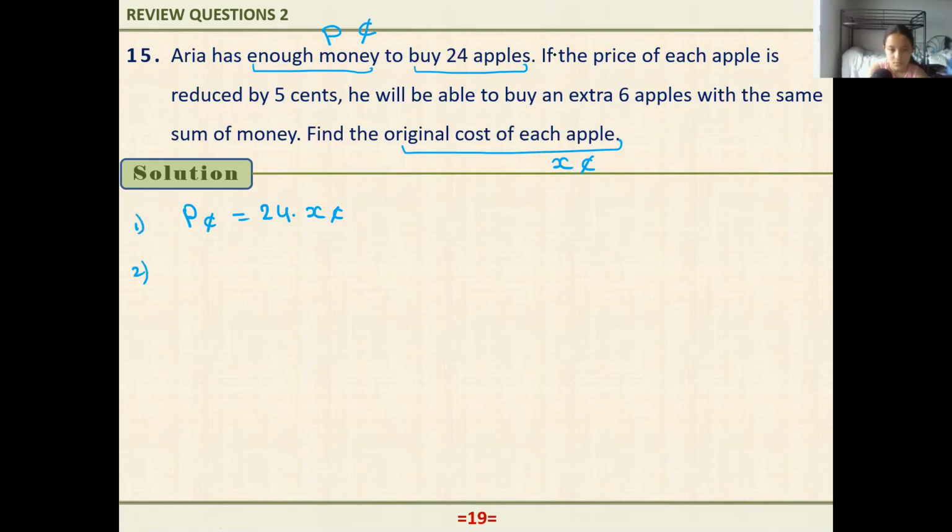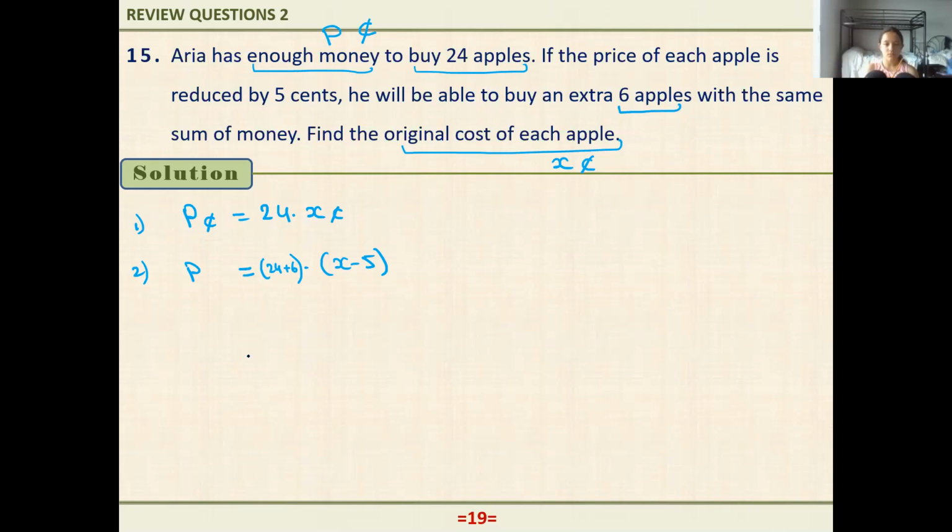How about the second condition? It says that if the price of each apple is reduced by 5 cents. Okay. Here we have P cents here, right? And now the price of each apple is reduced by 5 cents. Now here it was X cents, but now it is X minus 5 cents, right? Reduced by 5 cents. We'll be able to buy an extra apple. But now, how many she could buy? Here, 24. But now, because price is cheaper, she could buy one more,